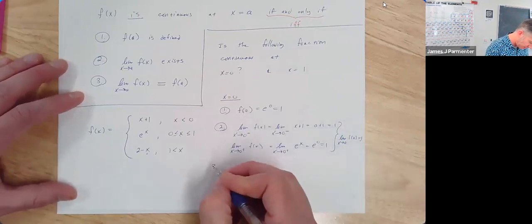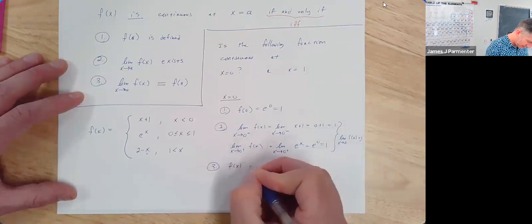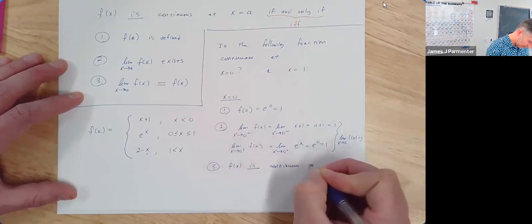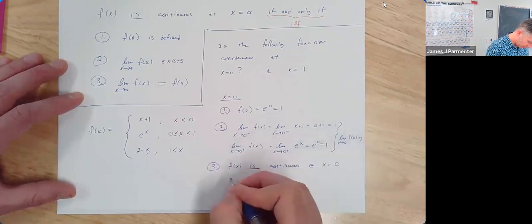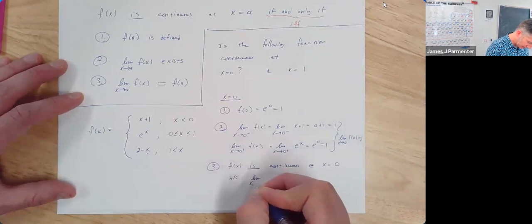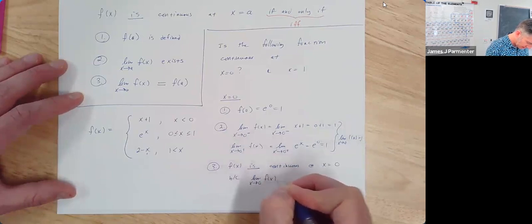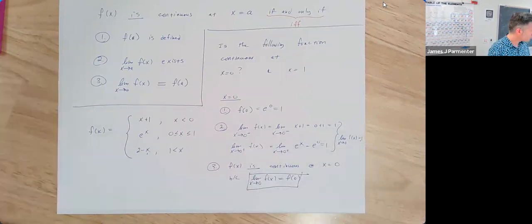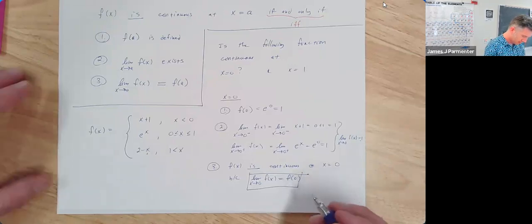So I can say, yeah, f of x is continuous at x equal to 0 because the limit as x approaches 0 of f of x is equal to f of 0. Cool. I didn't leave myself enough room for that. I probably can make it fit. So then